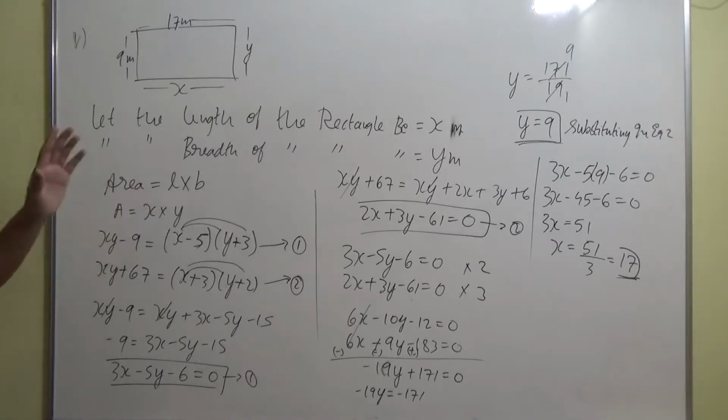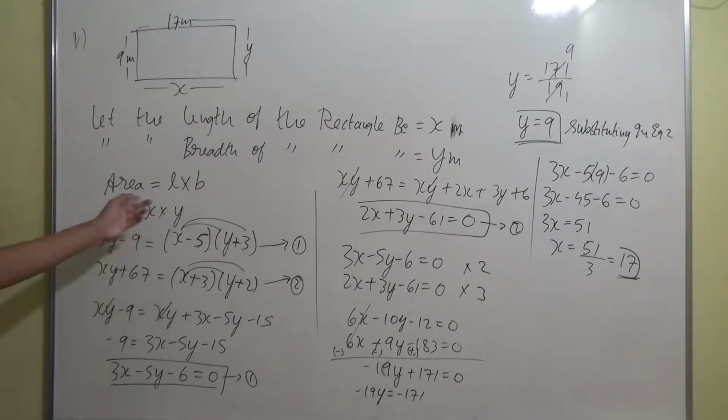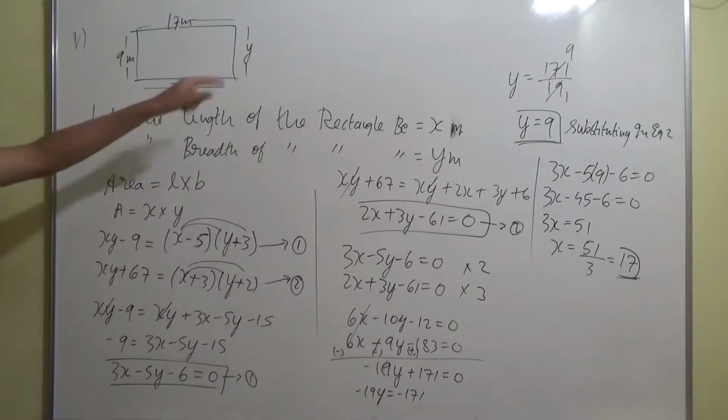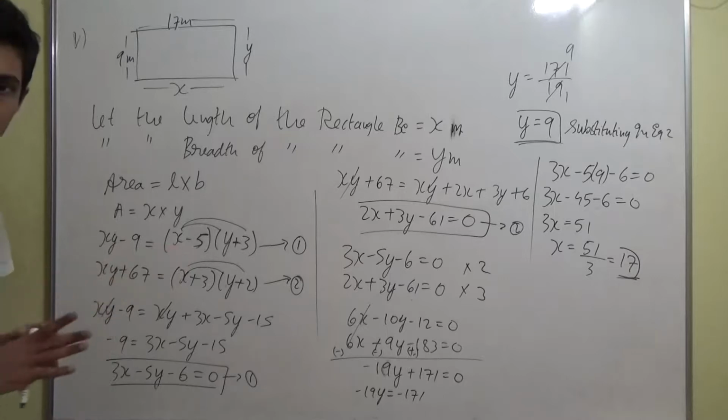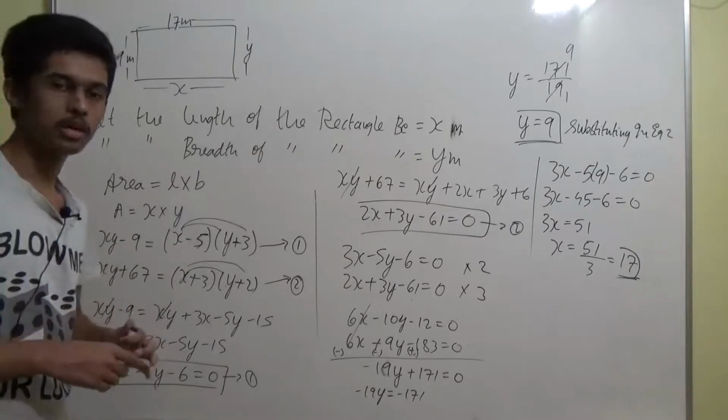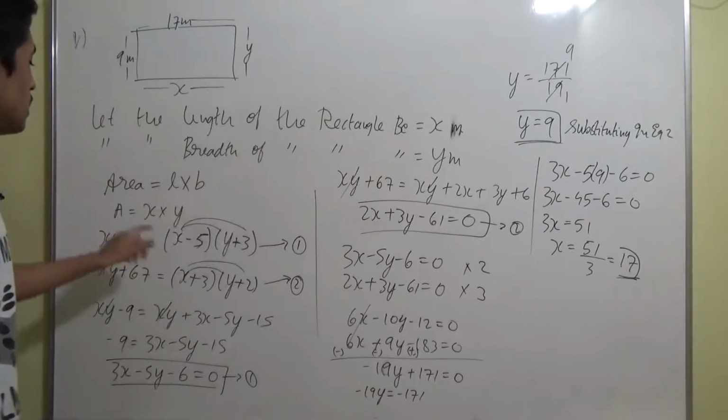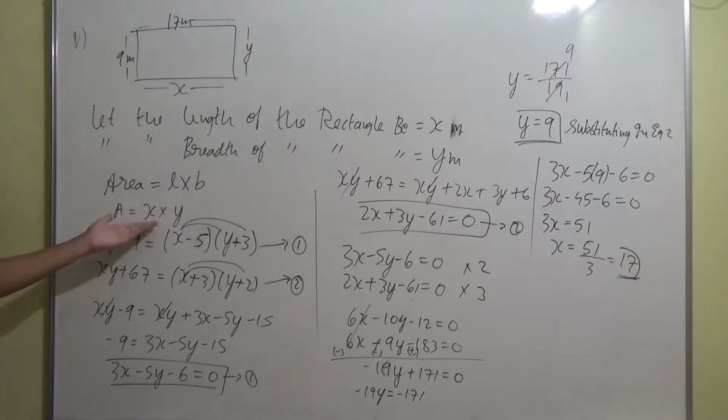This is the general formula which everyone should be knowing. Everyone will be knowing actually. That is area is equal to length into breadth. Here we considered length as x and breadth as y, because that is what we have to find out. So it is an unknown variable, right? We have to assume it. So we assumed x and y. When area equal to x into y, right?